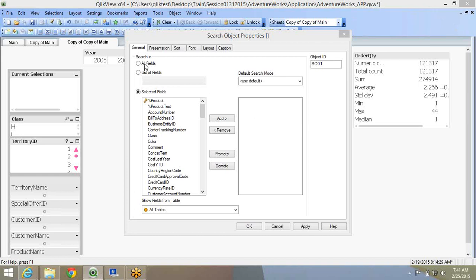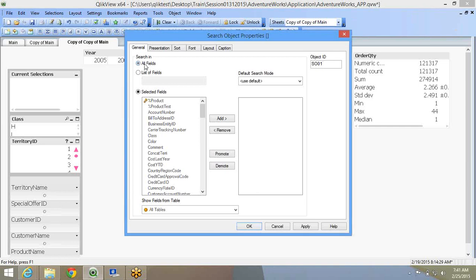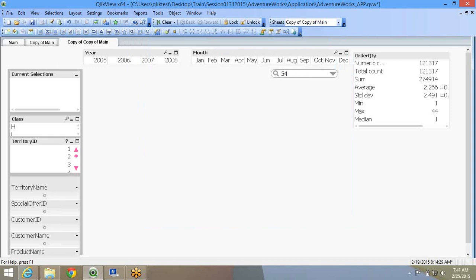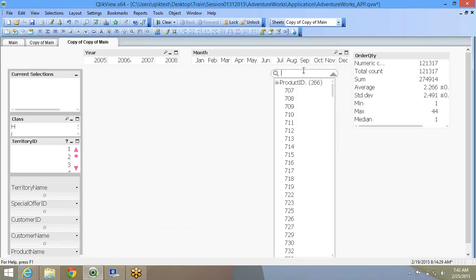If you select all fields, the search is in all the fields. If you select selected fields, the search will be in particular fields. Suppose I select this and give product ID alone. When the user searches something, it will be only in the product ID.